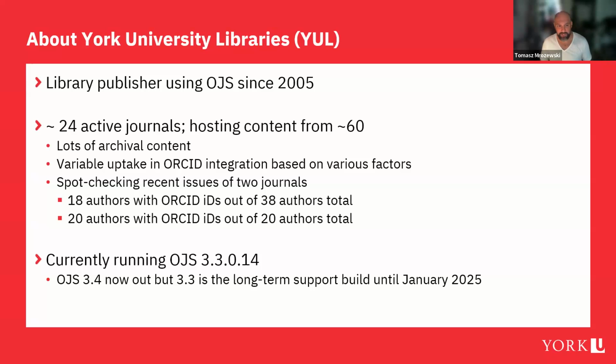And then another journal, well, we've got 20 out of 20. That's incorrect. It's actually 20 out of, I think, 24 authors total. My apologies, that's a typo. I'll correct that in the slides that are distributed after this. That's a journal in a discipline in healthcare where there's just much more of a disciplinary emphasis on using ORCID IDs. So we are seeing them, and we are seeing them widely used in articles with multiple authors,